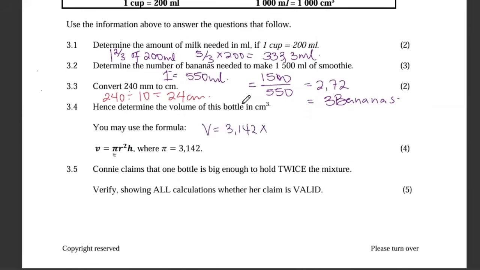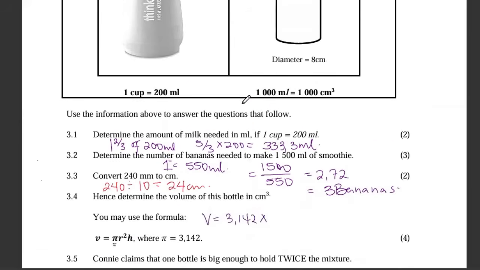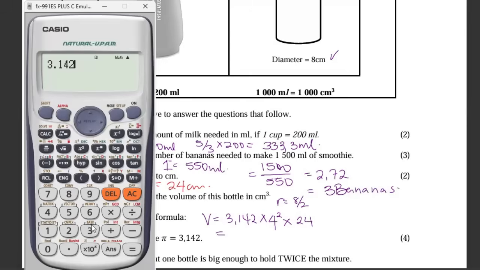Oh, the height. Okay, and when you look at the diameter here, what is it? 8. The formula wants you to have the radius, meaning our radius will equal 8 divided by 2, which is 4. Square it and put your 24. At this moment, you can pick up your calculator and press π times 4. Don't forget it's squared, times 24, which becomes